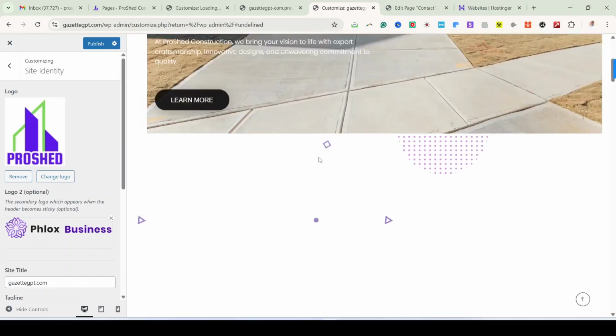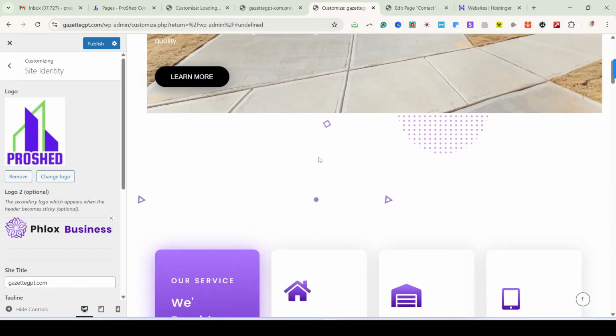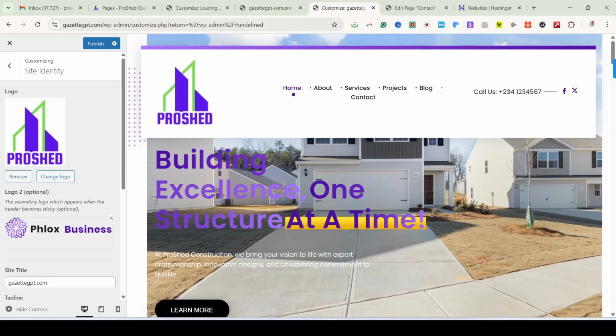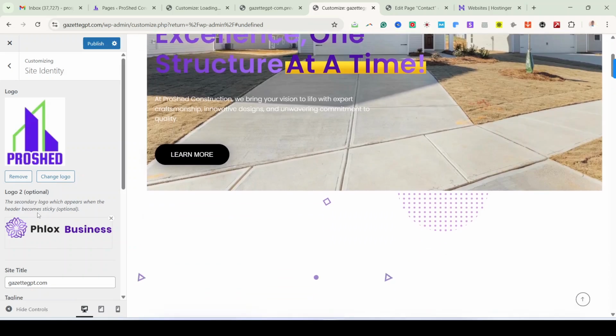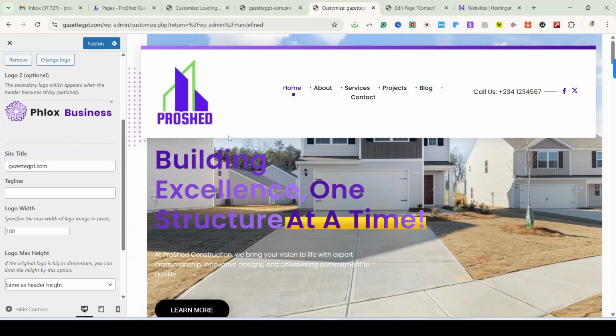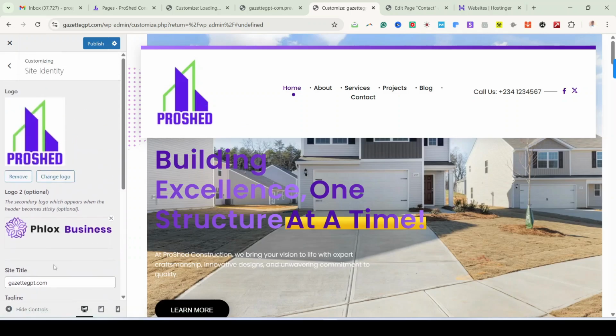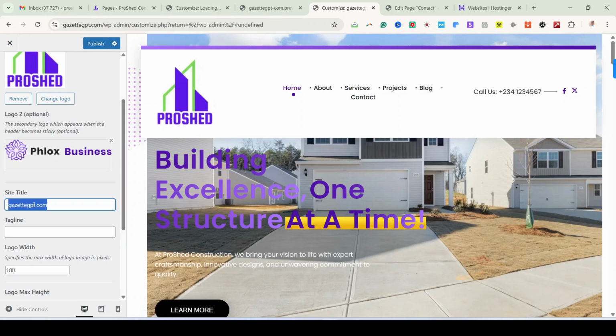So now if I scroll down, okay, we've not allowed sticky menu. When we get there, you're going to see that once we scroll away from this logo, logo two is what will appear. Although it's optional, if you don't have a logo two, this logo one will still appear. So the site title, so remember that, if you check here now,